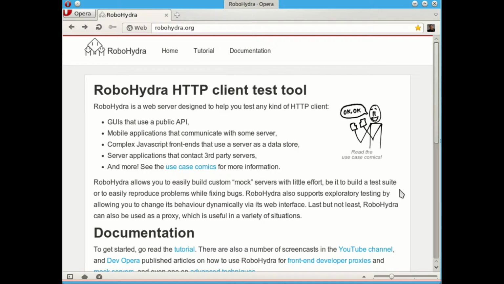This screencast is going to show you what RoboHydra can do for you if you're a front-end developer working on a complex application that has a backend component. In particular, a backend component that you would rather not install on your own machine because it's too complex, because it has too many dependencies, because you use a platform that is not supported by the backend, or any other